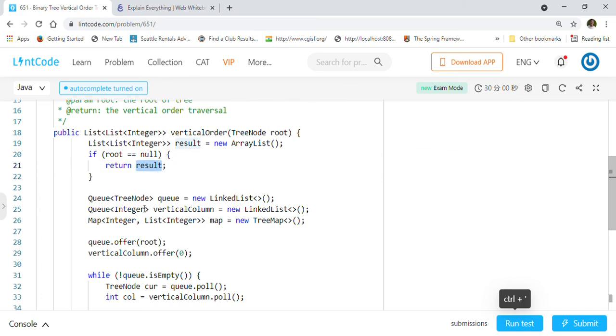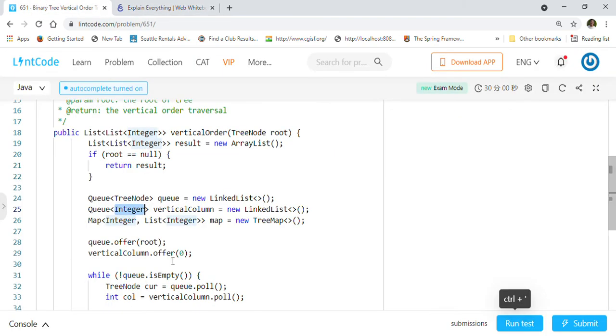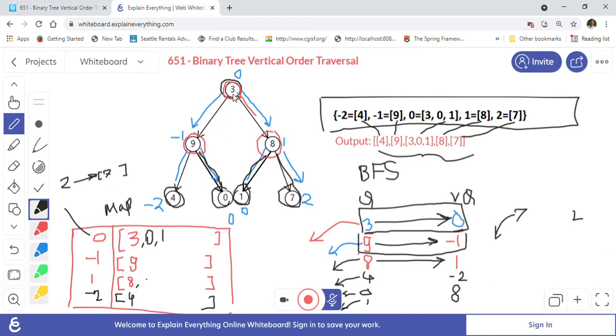Otherwise we create two queues and one map. This is the first queue which will hold the tree nodes themselves, and this is the vertical column queue which holds the position, like 0, -1, -2. First we start by offering root 3 and position 0.